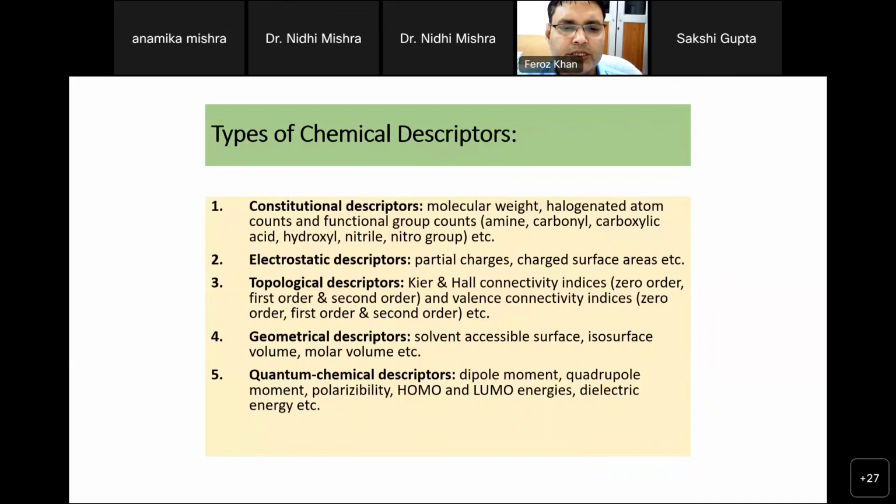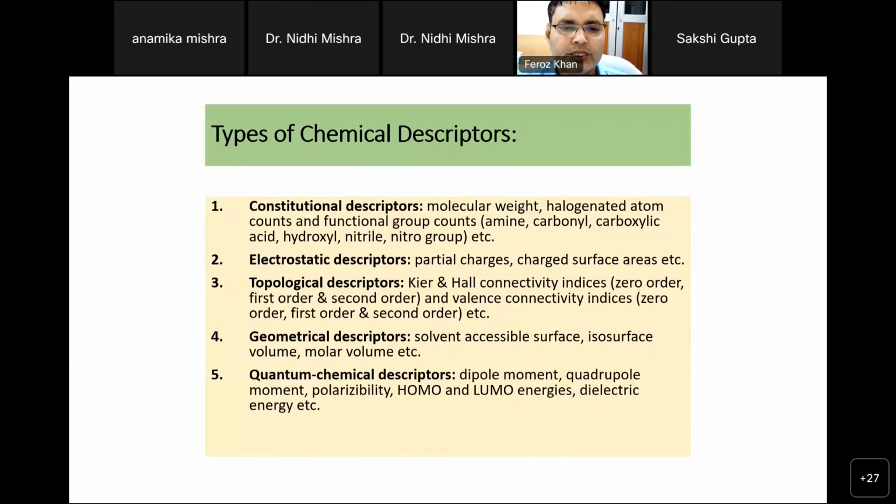So what do we mean by molecular descriptors? These are chemical properties in numerical value form, and they have a relationship between the biological activity and the different descriptors. These descriptors are used in regression analysis. Identifying the key factors within the chemical properties or molecular descriptors is a very tough task.